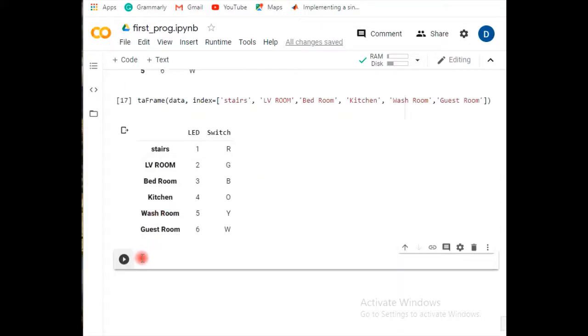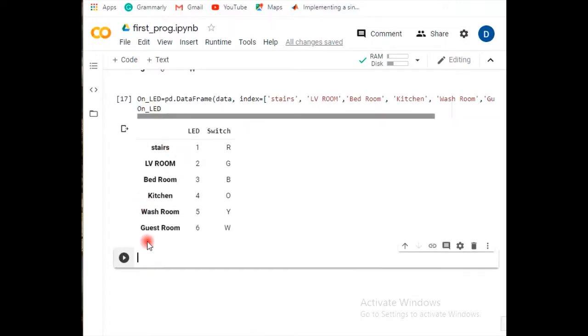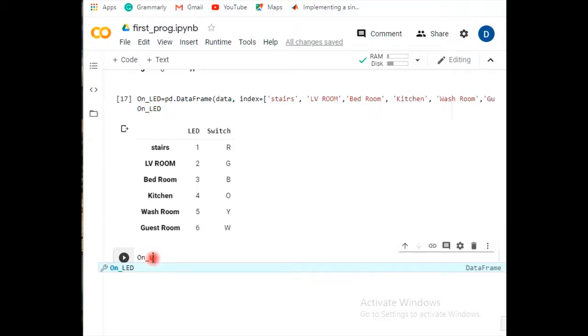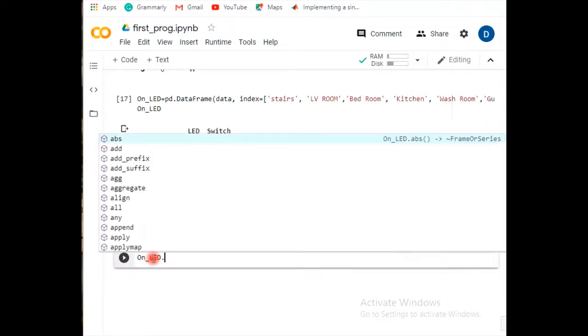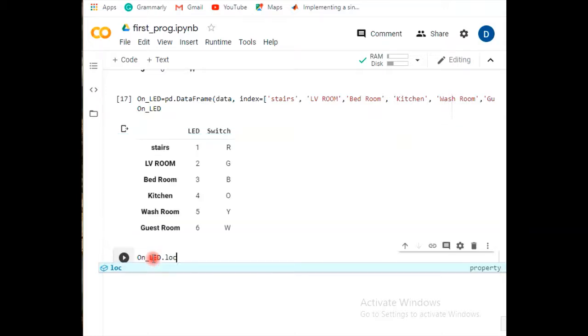In the same library, if you wanted to check the position of a particular element, where exactly it is, we have a command to find it out. As we have created it on LED, now we are going to do this on underscore LED, and we have created here dot loc, to locate it.